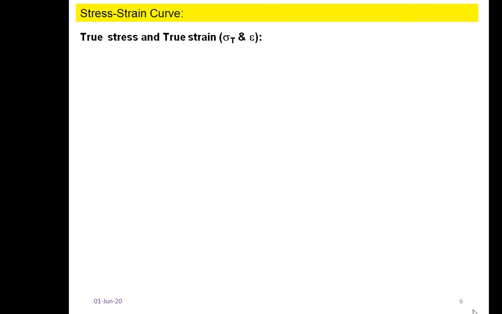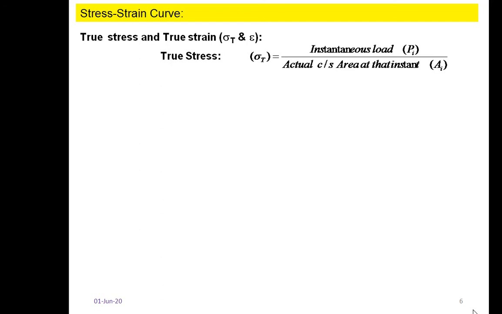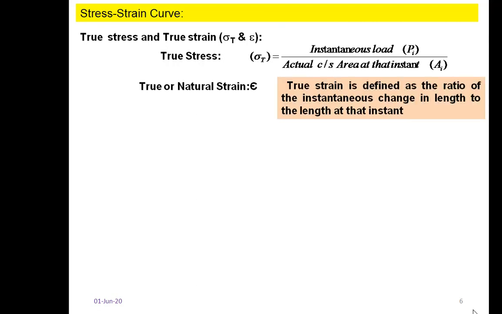Then true stress and true strain. True stress is denoted by sigma t, and true strain is denoted by the letter epsilon. True stress is nothing but the ratio of the instantaneous load at any point to the actual cross-sectional area at that particular instant. And true strain epsilon is defined as the ratio of the instantaneous change in length to the length